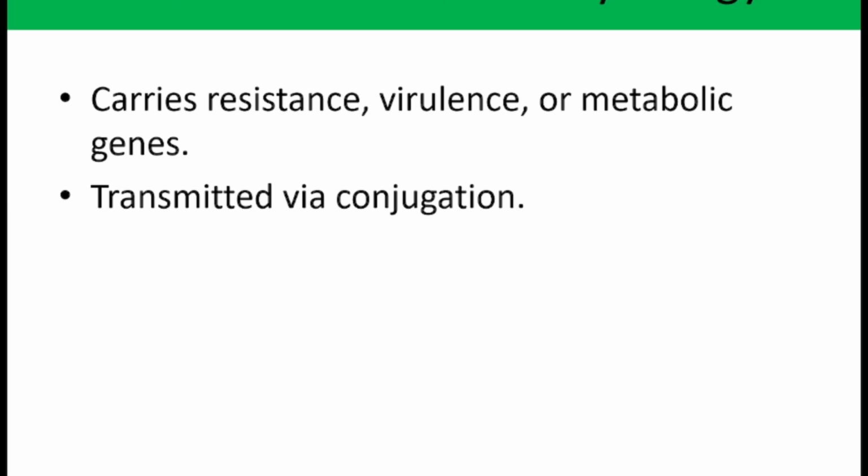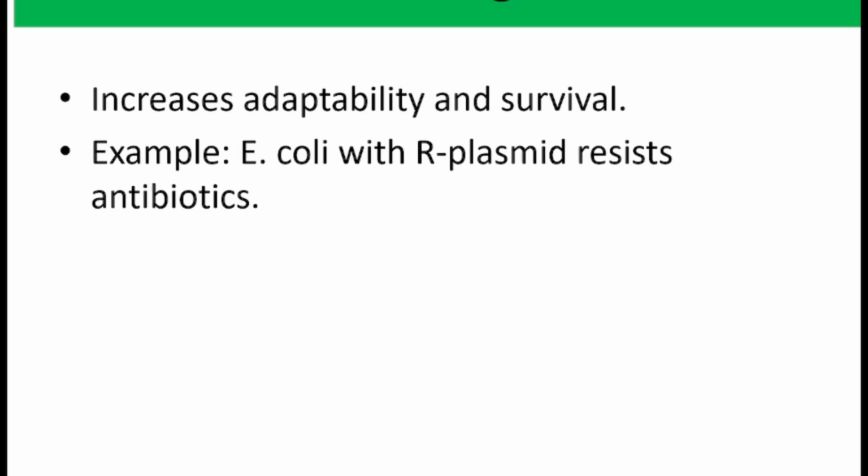So that is the genetic material that is transmittable from one bacteria to another through a process called conjugation. So the ecological role of plasmid is that it increases their adaptability to any environment, be